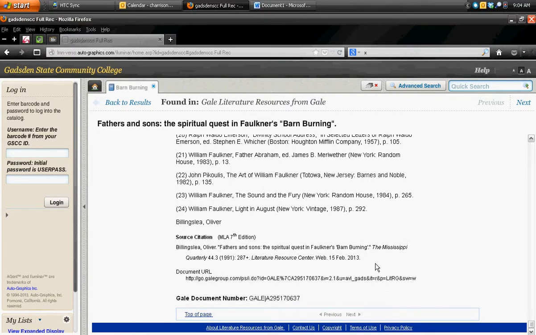Now, if you do borrow these source citations as they're provided in the article, or as we saw earlier when you click the citation button, you obviously still need to put these in alphabetical order in your Works Cited page. You will also need to format the spacing and the font, because this is obviously not Times New Roman 12. And once you cut and paste it into your Word document, it may not be perfectly double spaced either. So keep in mind the normal rules of MLA format still apply. Double spaced, alphabetical order, Times New Roman 12 font. So make sure that you do your formatting if you choose to cut and paste these things.